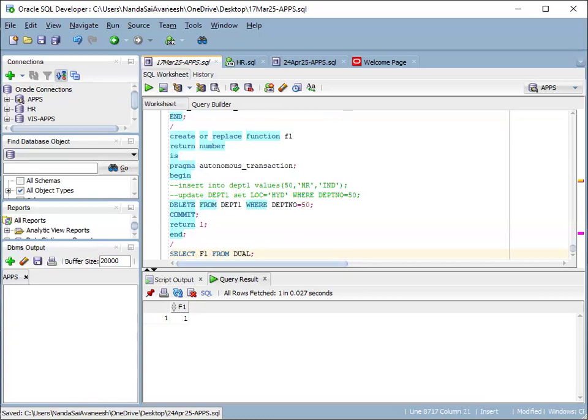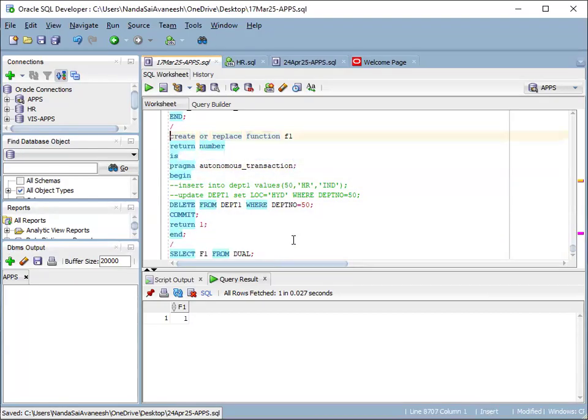It is working. Why? Because we are using the Pragma autonomous transaction here. So we can also use predefined functions in user defined functions, like minimum, maximum, count, and also user defined functions in the same table or different table. Okay. Before that, one more time, here the Pragma autonomous transaction, why